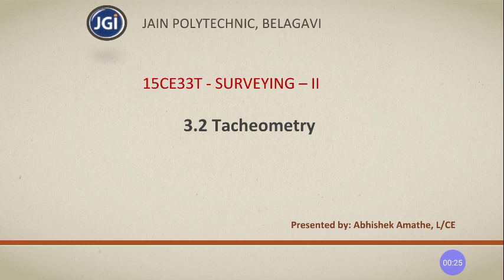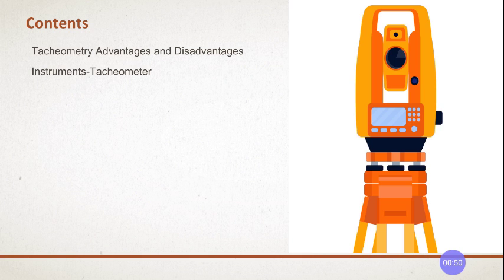And we saw which instruments are used in tachyometry, right? Which are the different instruments used in the tachyometer? Then we saw the principle of this, the statement of the principle of tachyometry. What is the principle behind tachyometry? In today's class, we will be studying the advantages and disadvantages of tachyometry, and the instrument, the tachyometer. What are the instruments that we have to use, and what are the things that are there in those instruments, right?